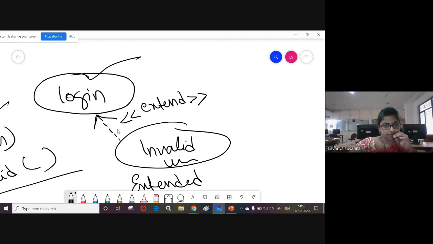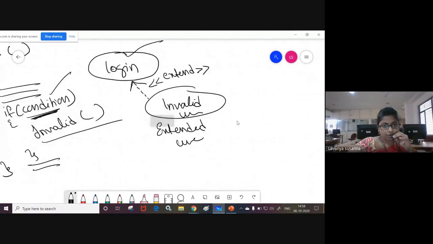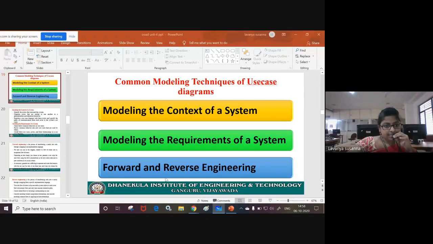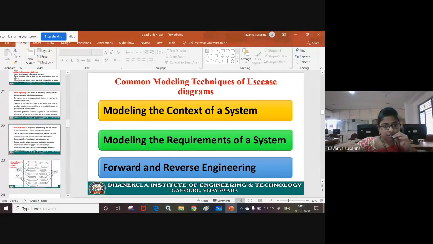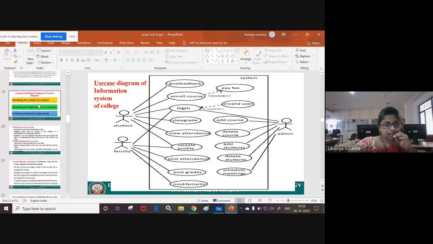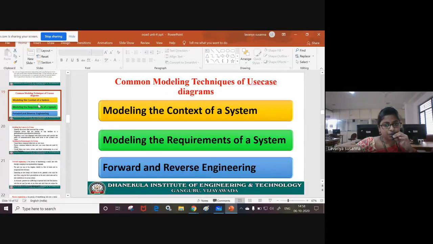It's very easy. Okay, students, I hope you understood these three modeling techniques. In today's class, we have discussed the use case diagram of the college administrative system. I hope you understood how to draw the use case diagram using these three modeling techniques.